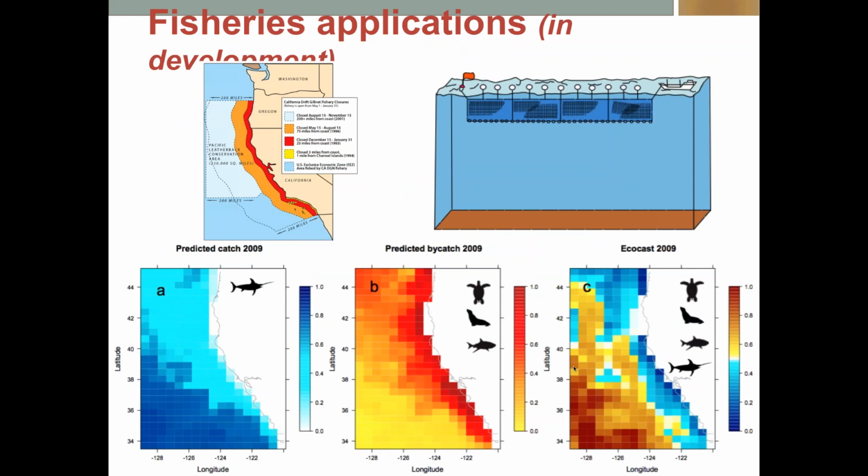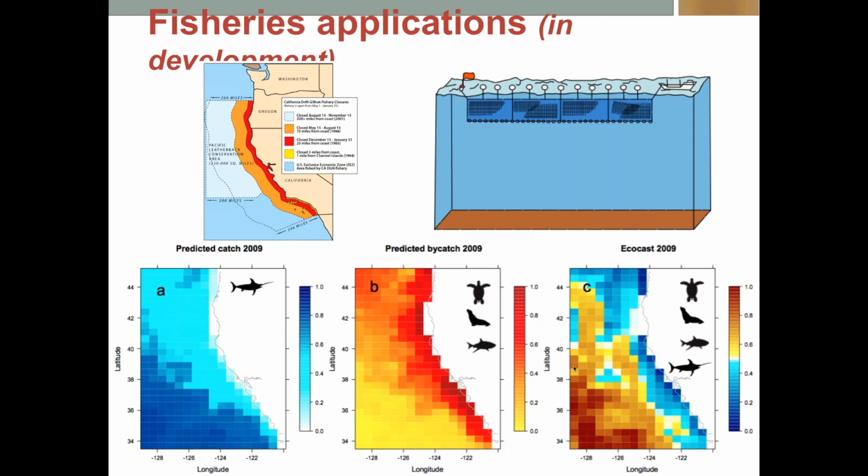But we've been working directly in collaboration again with the regional office and members of the Pacific Fisheries Management Council to look at the long-term, or I should say seasonal, spatial closures for the drift gillnet fishery in California. An example of the drift gillnet vessel is shown in the top right for those of you unfamiliar, which is probably most of the scientists on the call, not the council members. But nonetheless, this large Pacific leatherback conservation area is closed for a large portion of the year and really limits